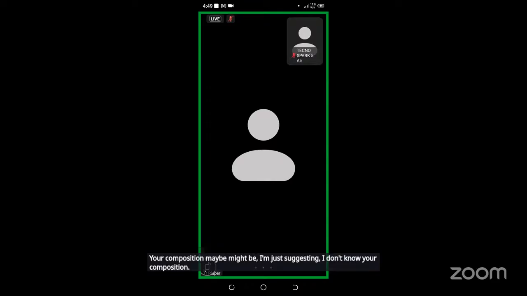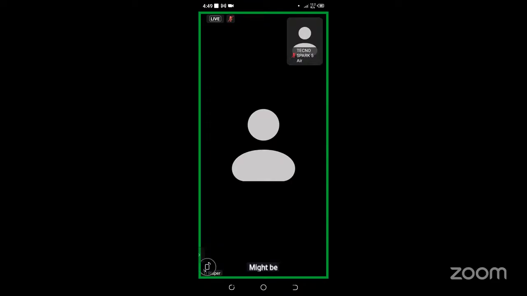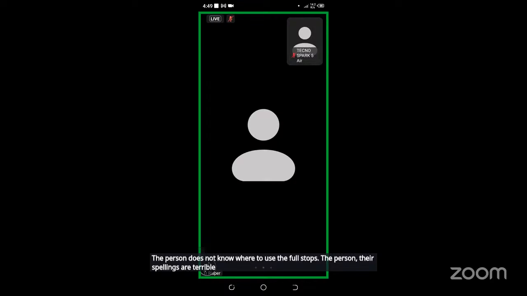You might be writing something interesting, but your grammar is terrible. You might give us a wow kind of story, but the person does not know where to use capital letters or full stops, and their spellings are terrible. It might be a very appealing composition,